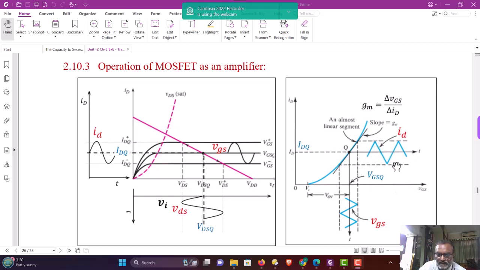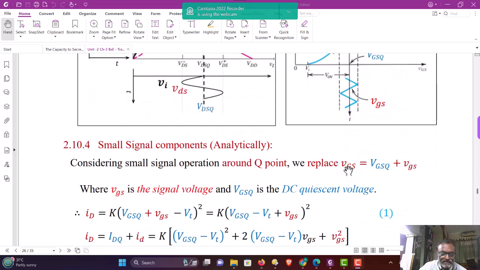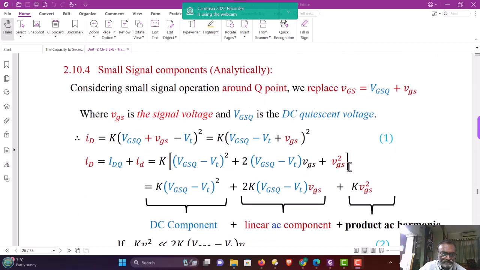When this ID flows through the external resistance RD, it produces a voltage drop across RD, which is similar to a triangular wave shape, and it generates the VDS value, that is VDD minus ID RD, which is exactly 180-degree phase shifted with the voltage across RD, that is ID into RD, that we have seen in the waveform. The small signal components